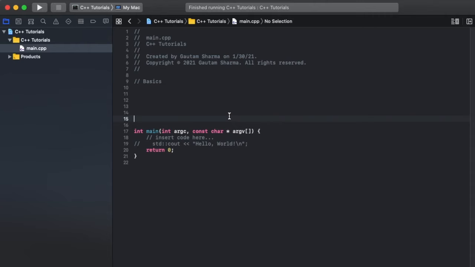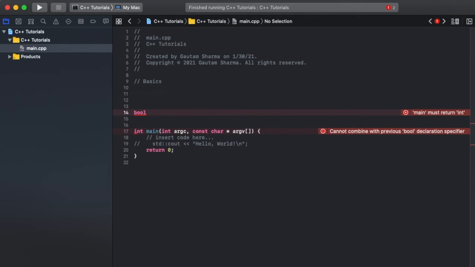I will get into more details of how the compiling and linking process happens in C++, but I don't want to discuss it in the first episode. So let's first see all the data types in C++. Let's start with bool. A boolean variable takes two values, true or false, or 0 or 1. Let's say bool x is equal to true